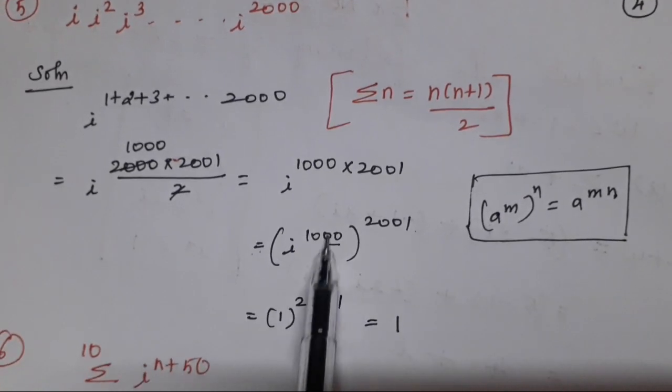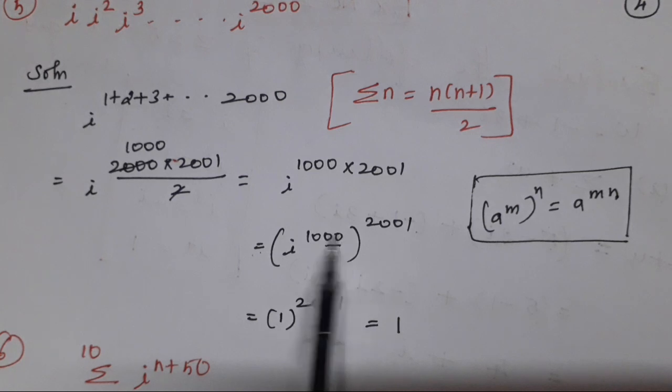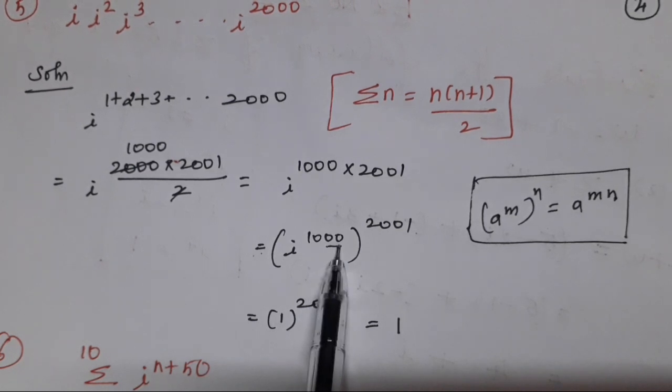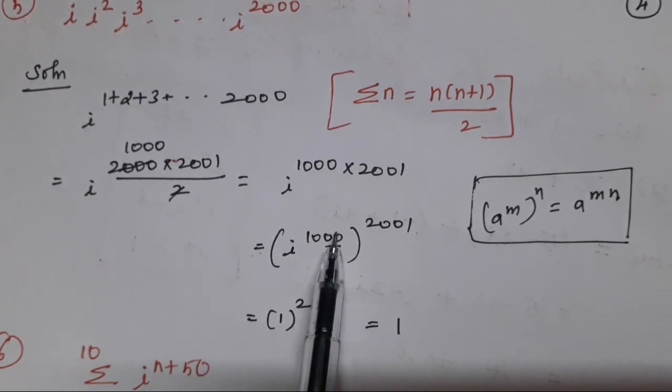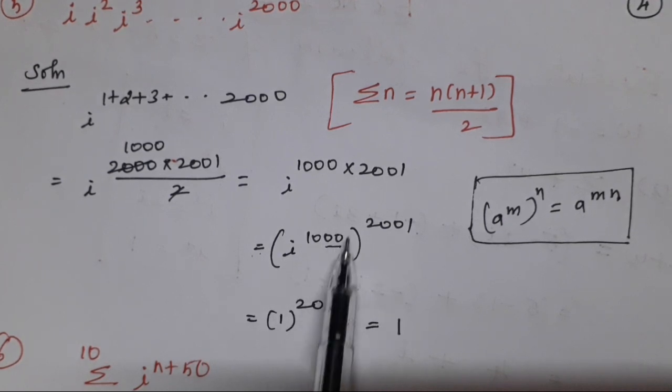We know that for 1000, just the last two digits, what is it? The last two digits end with 00. This is nothing but what? Multiples of 4. We know the divisibility rule for 4, studied in the lower classes. The last digits ending with 20, 20 means this is nothing but what? Multiples of 4. Otherwise, what? 2 4s are 8, 5 4s are 20. So 1000 is nothing but what? Multiples of 4.